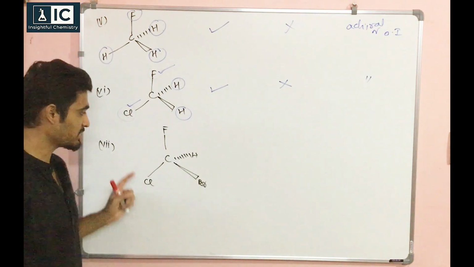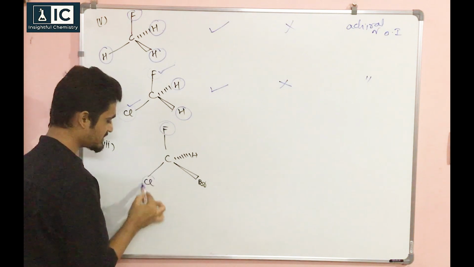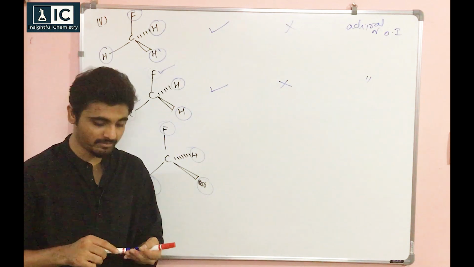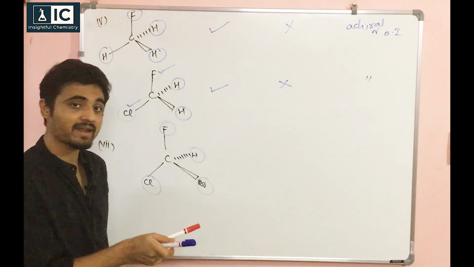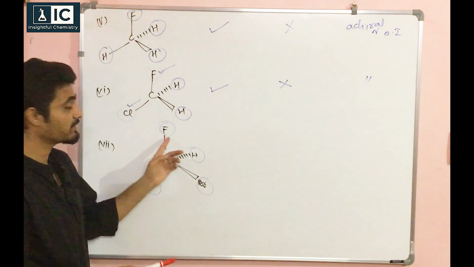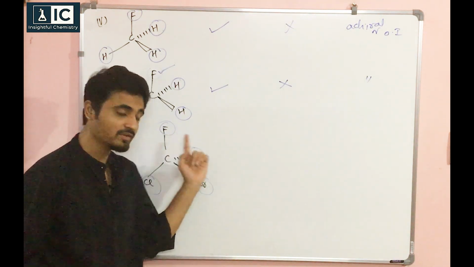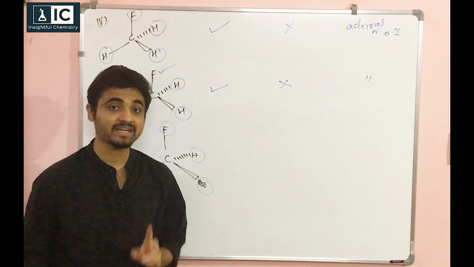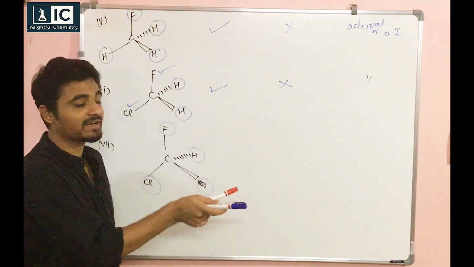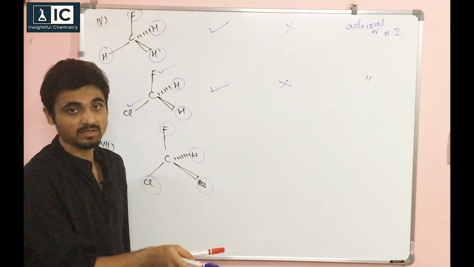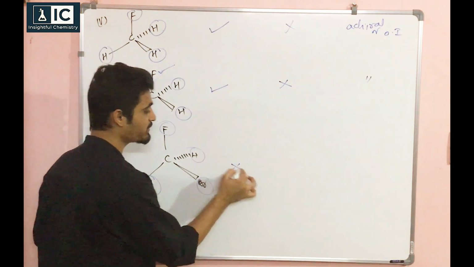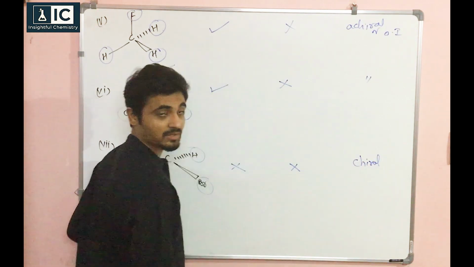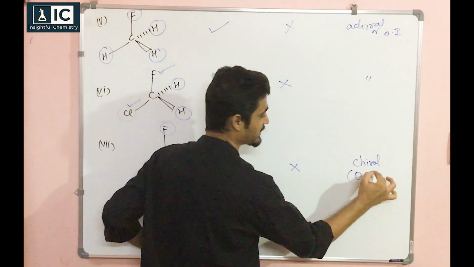How about the seventh one? You look, I have F, Cl, Br, H. Can I get any two atoms which will be mirror image and parent image of each other like this? H, Br, F, Cl? No. That's why whenever you have all four groups different and only one chiral carbon, we can never have POS, because no two groups will be parent image and mirror image. Understanding it? So there is no POS and obviously there is no COS. So now this is going to be a chiral compound as well, or optically active.